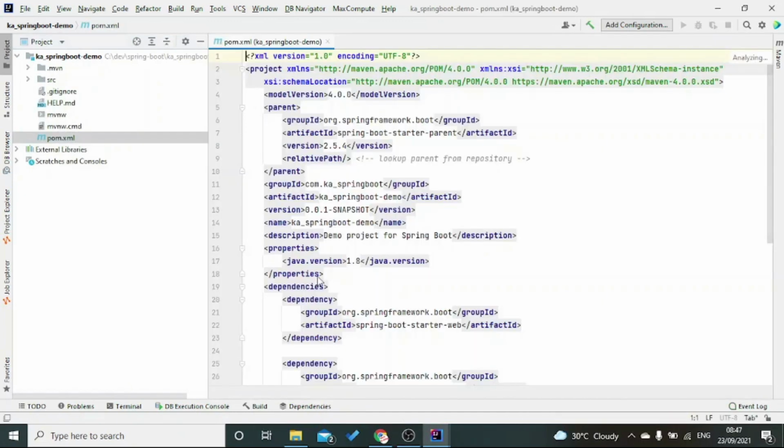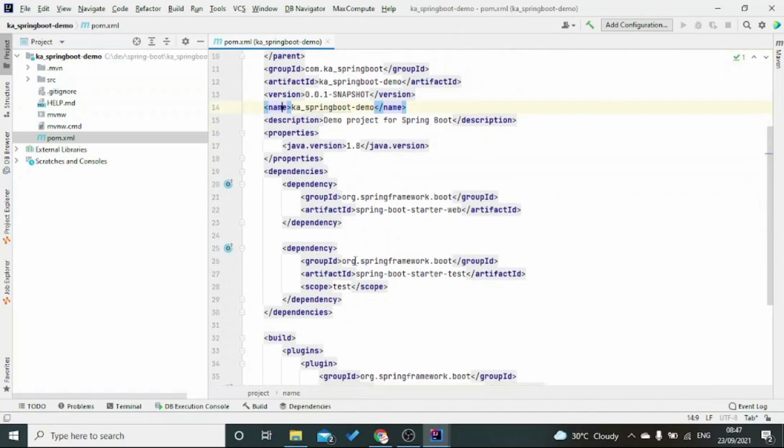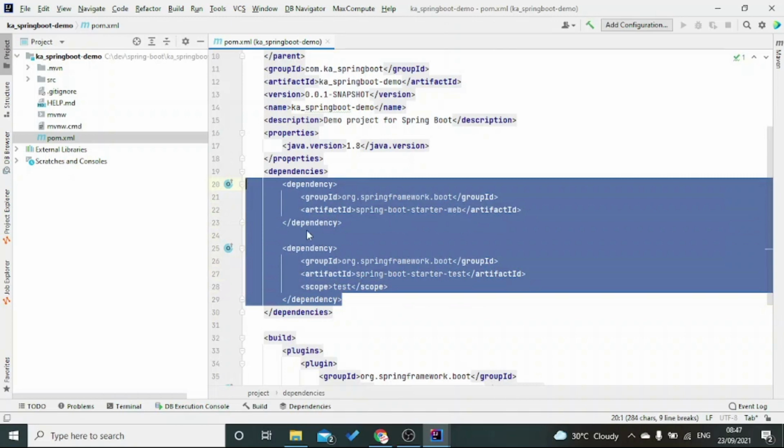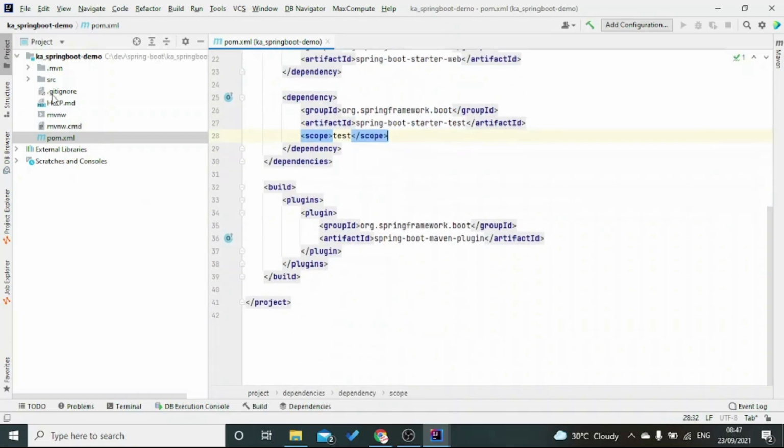We can see it has a pom.xml and it has two dependencies. One is Spring Boot Starter Web, and another one is Spring Boot Starter Test. So the test is the dependency which is coming along with Spring Boot Web. So our main thing is Spring Boot Starter Web. This is the dependency which we use to create a web server.